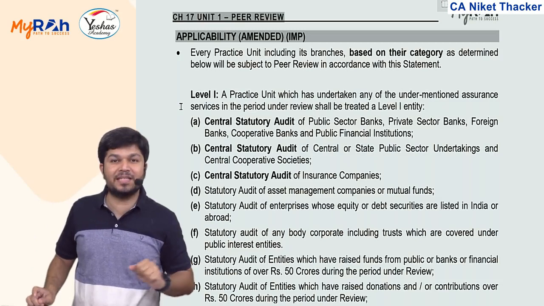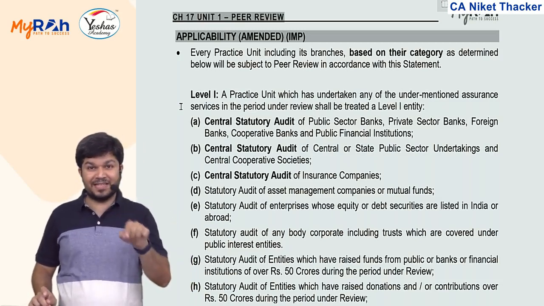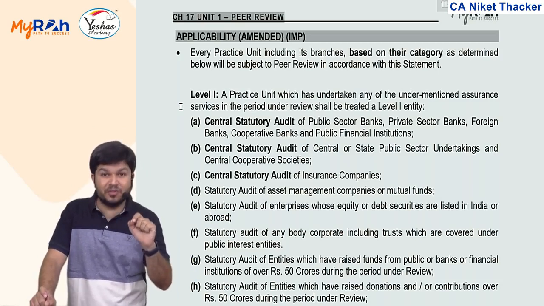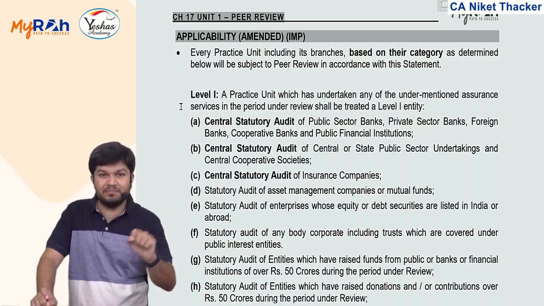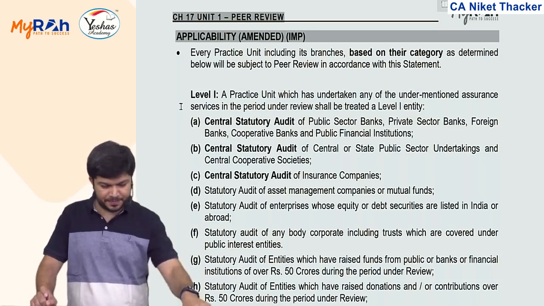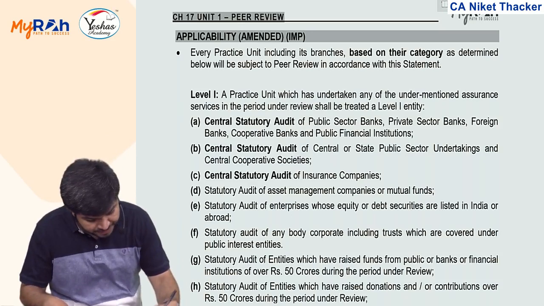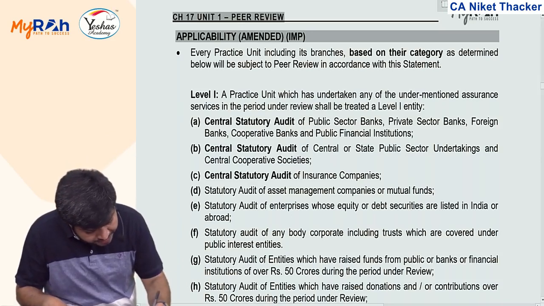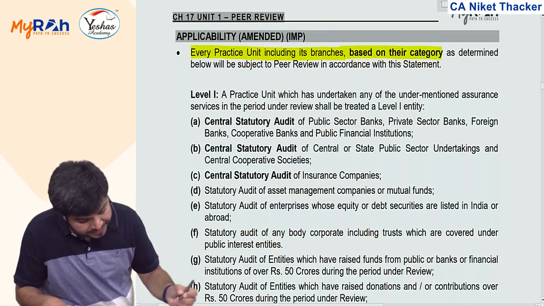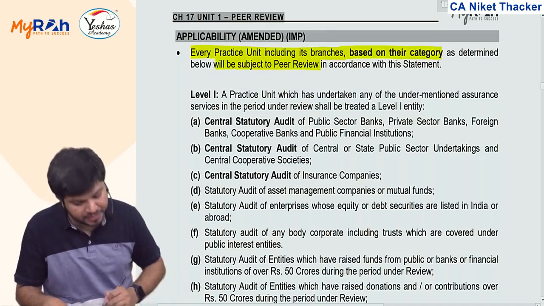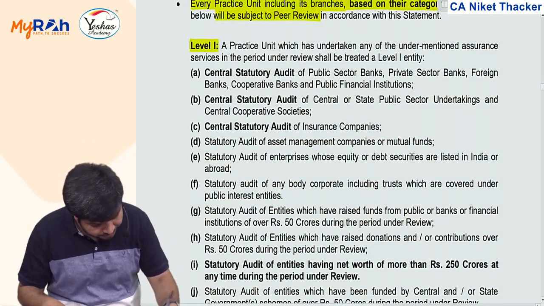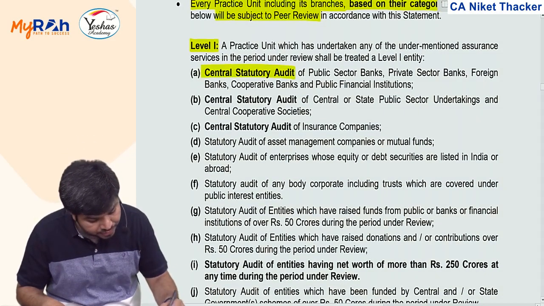If you fall in category 1, it's once in 3 years. If you fall in level 1, once in 3 years. If you fall in level 2, once in 4 years. Okay, so every PU, including its branches, based on their category, will be subject to peer review. Okay, when do we say level 1? If you have a central statutory audit,